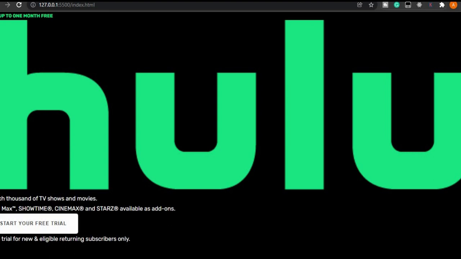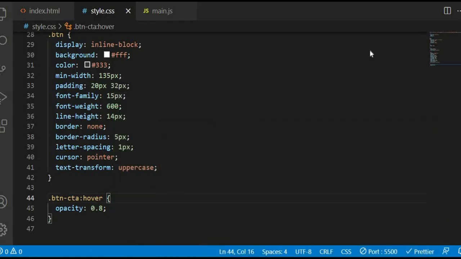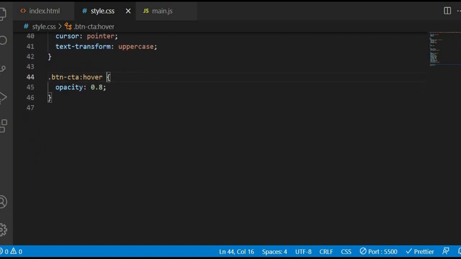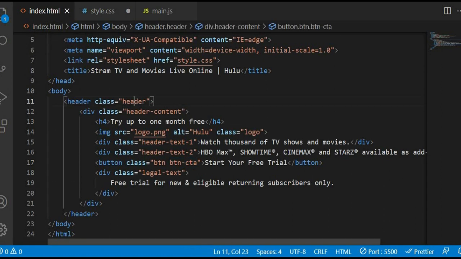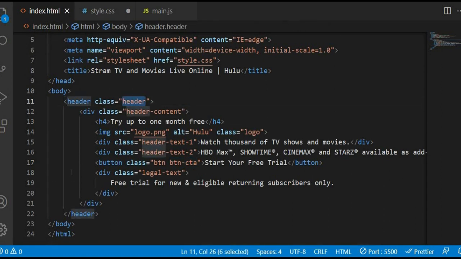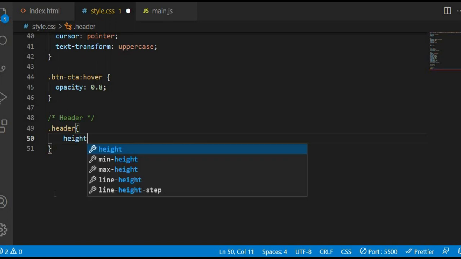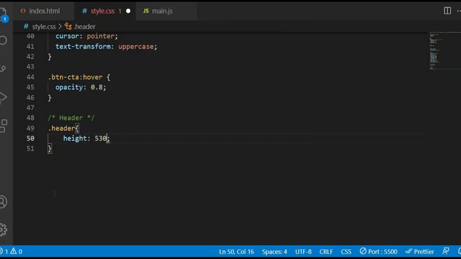Okay, so now let's jump back to our CSS. Now that we've done the global CSS, let's target the header. So select the header, and we're going to copy the header class. So go over here, copy this class, paste right here, and the first thing we're going to do is to set the height of this to 530 pixels,